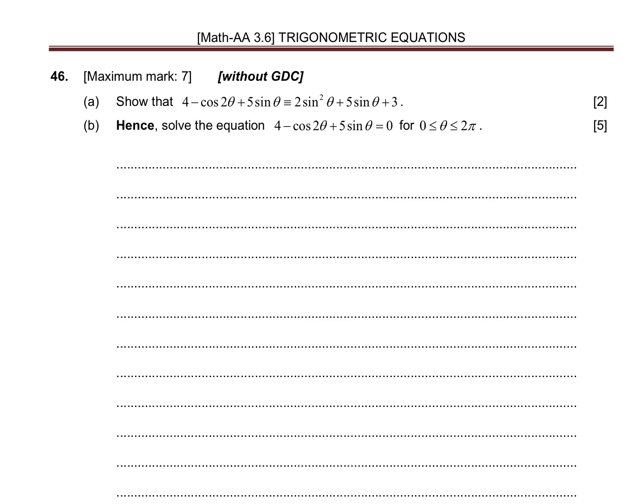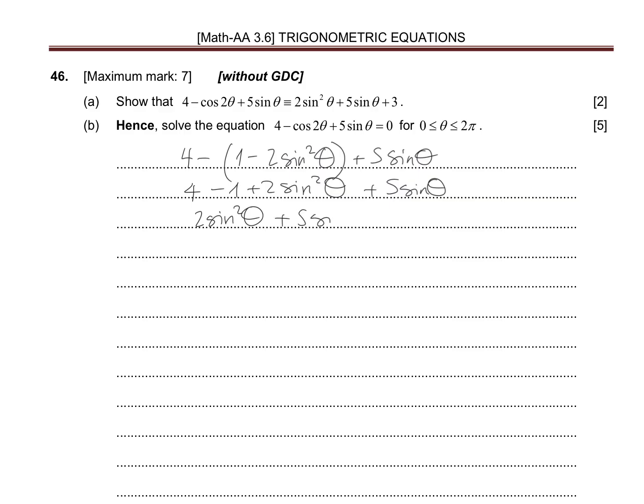All right, show this equals this. So, yeah, I mean, we could probably just do one side, because we can do the cosine 2 theta to be 1 minus 2 sine squared theta plus 5 sine theta. And then we have 4 minus 1 plus 2 sine squared theta plus 5 sine theta. And then we'll put it just in order. And 4 minus 1 is 3. So,